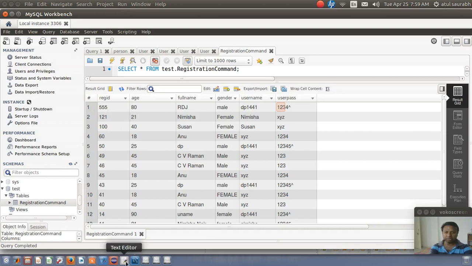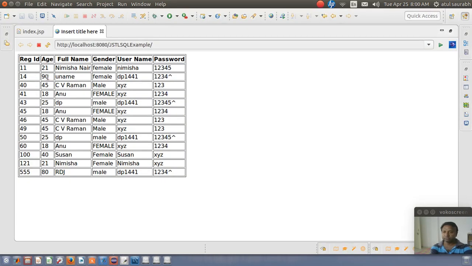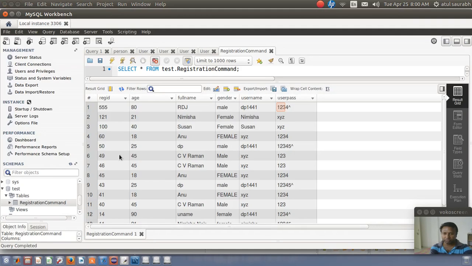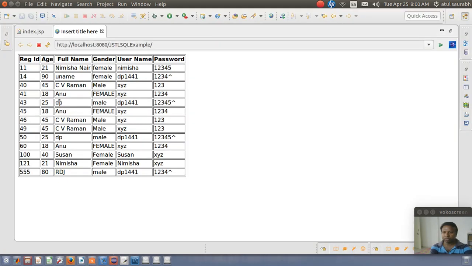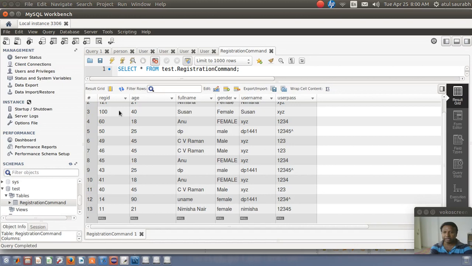Let's see whether the first column is the same or not. Let me show. I have applied some filter there.